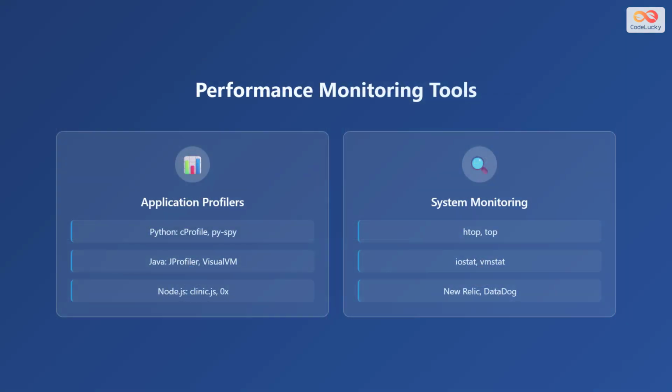Here are some performance monitoring tools that can help. First, we have application profilers such as cProfile and PySpy for Python, JProfiler and VisualVM for Java, and Clinic.js and 0x for Node.js. These tools help you understand which parts of your code are taking the most time or